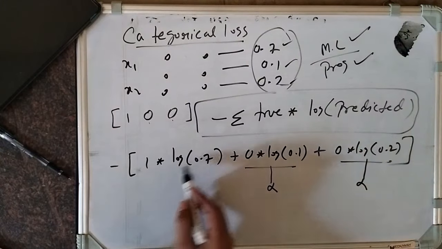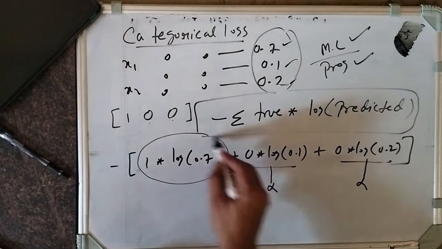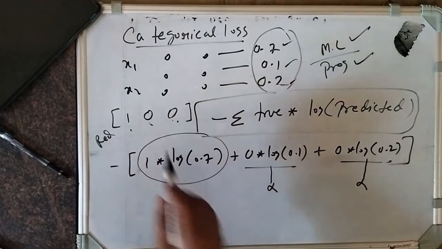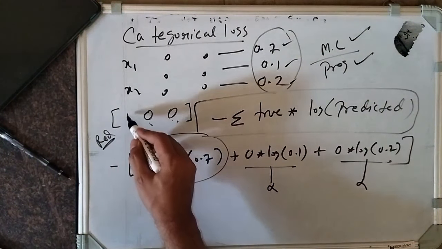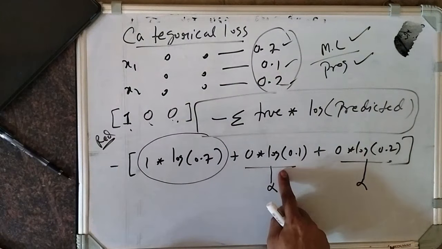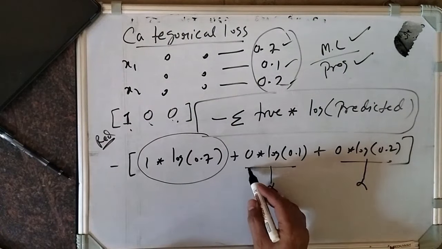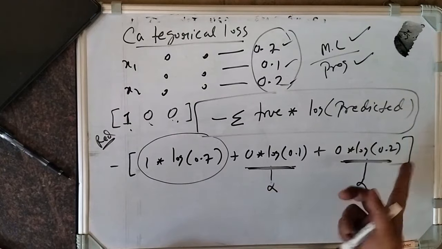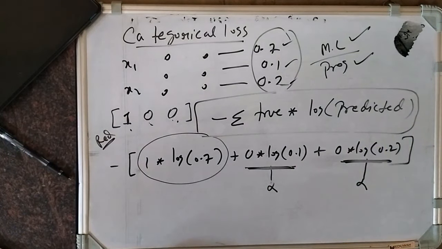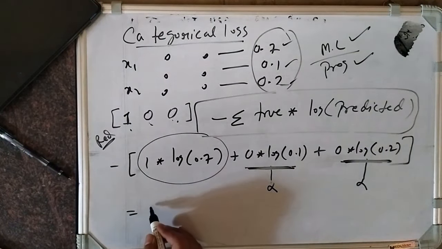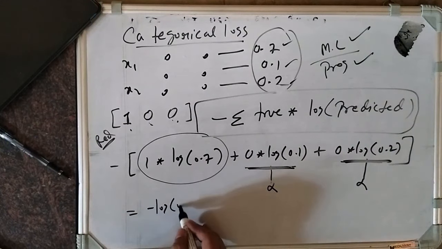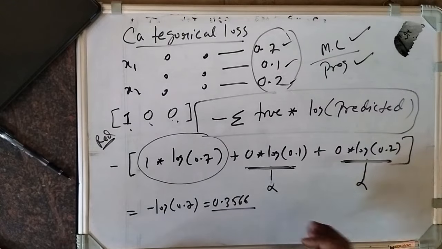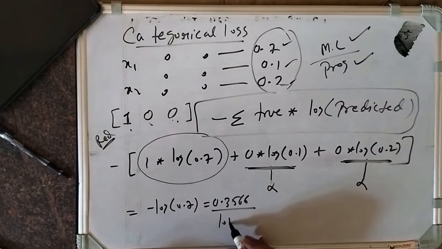If my focus is here, if I want output is red, this is red, blue, green, suppose. If my focus is here, why would I calculate the others? So I will try to reduce the space complexity. Okay, I will remove these two. How? I will explain. So if you check, the answer will be minus log of 0.7, that is 0.3566. This is the answer. So loss is low here.